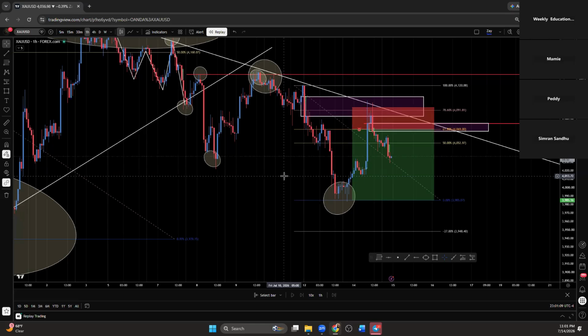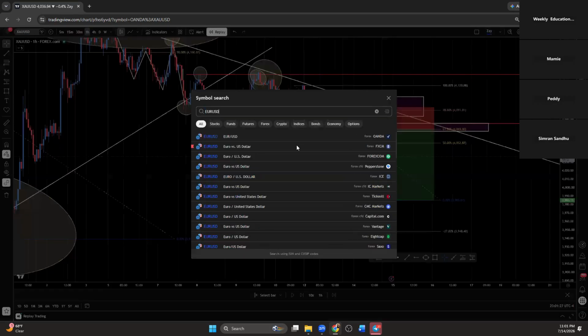So we see here the USD is going down, so the gold is going up. I see it's going very nicely and everything is going fine. Why is Euro USD going up? Is it just retracing? Is it just checking the previous levels? Like what's going on with it? Let's look.